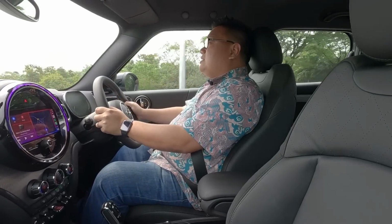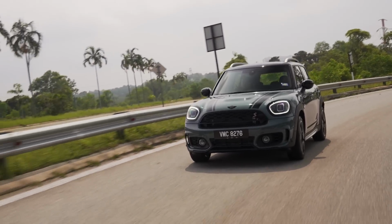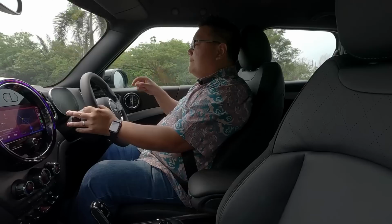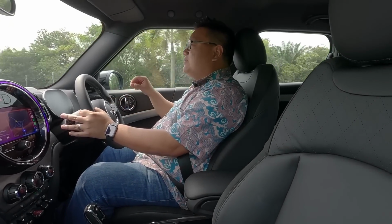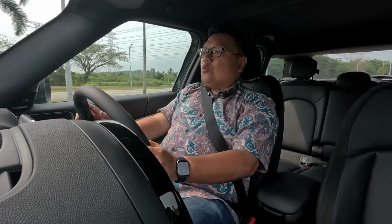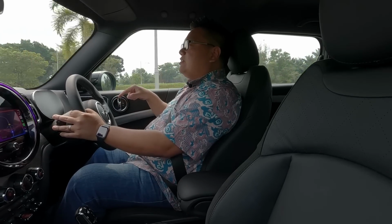Driving this car, especially if you're driving it fast, flinging it through corners and whatnot, it does give you a little bit more extra feedback, a bit of excitement and engagement, but the steering effort itself is quite heavy. At the end of a long drive, I think you'll feel quite tired, quite winded. Now, a lot of people will actually like this heavy steering feel of the Mini,